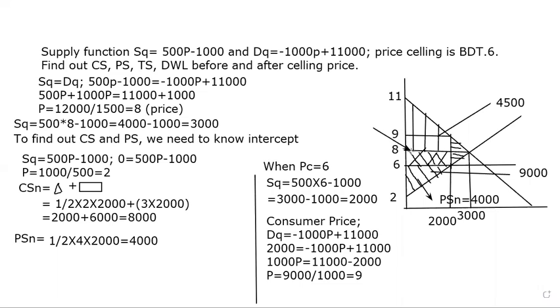Now it is 8,000, because due to the restricted price, consumers are gaining more. This area is consumer surplus, but we have something to lose. If we find the difference in total surplus, that will be our deadweight loss,